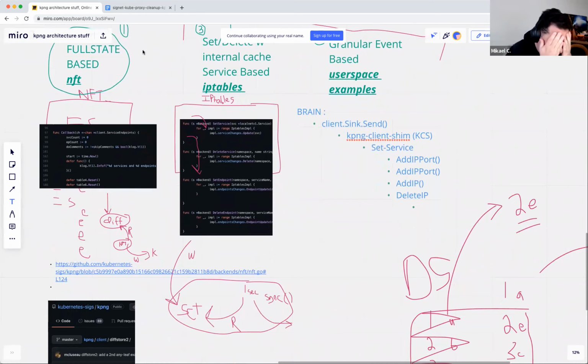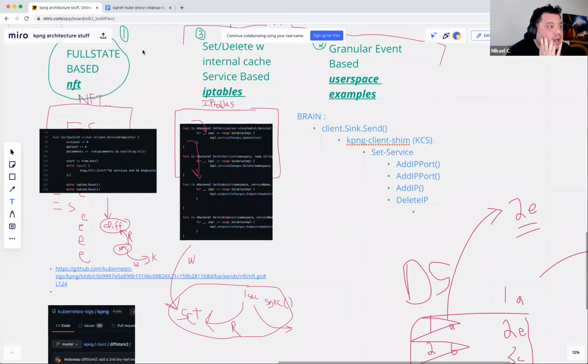But how would you map that to IP tables, for instance, is that you'd have one diff store for your chains and one diff store for your IP sets. And when you get a new state, you're just going to recompute all of that, and you will have the diff you need to apply. So which tables have been impacted by the change, and which IP sets have been impacted by the changes in the kube-proxy state.